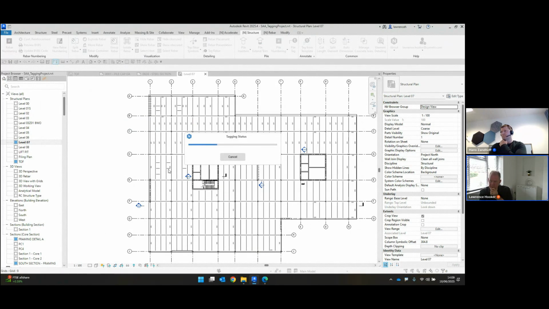So again, we'll just let this go through. It's quite interesting watching how Naviate places out these tags. Okay. And how it's doing it at the minute is it's actually doing it in the order of creation, which is the element ID. So that's if you're wondering how it does it, what order it does, that's how it actually works. And of course, now it will move into the column tags and start to place out all of those once it's done the